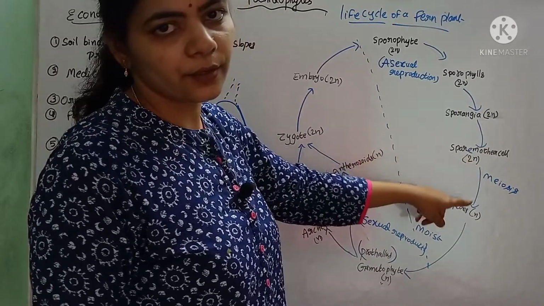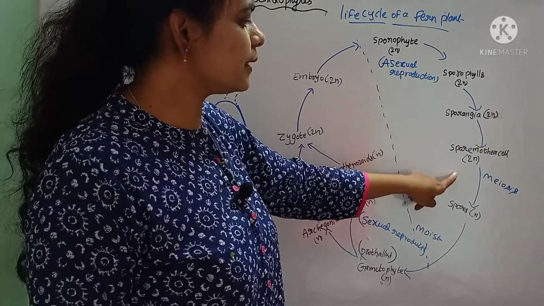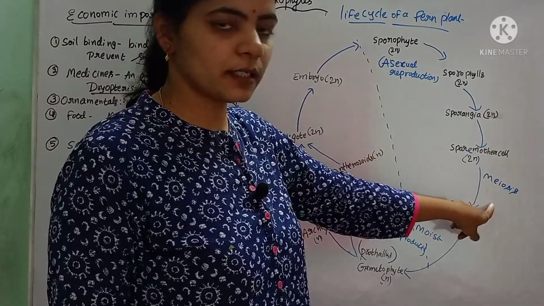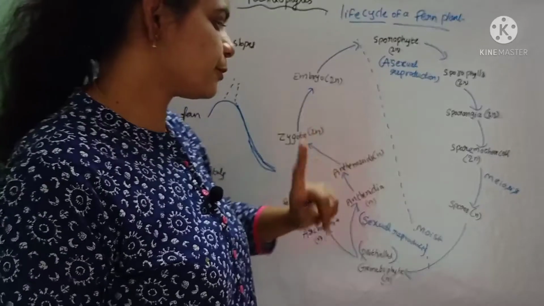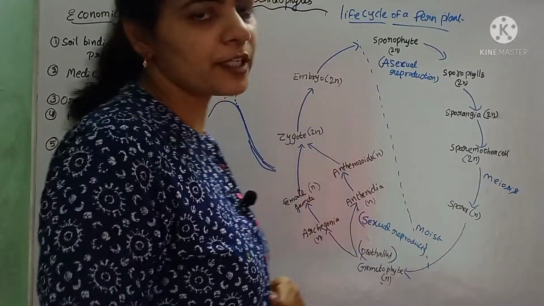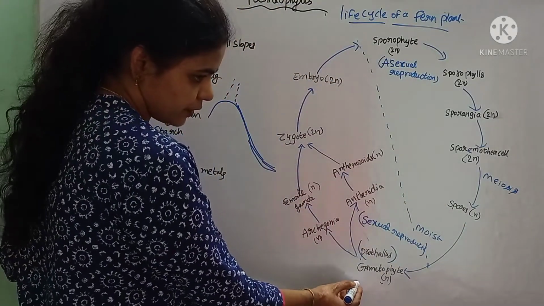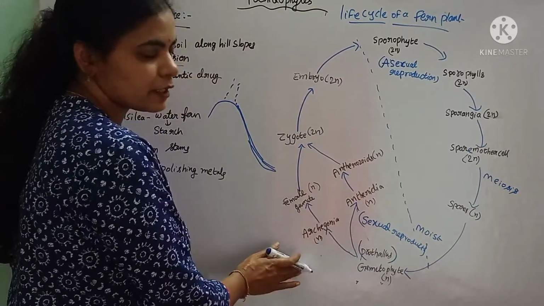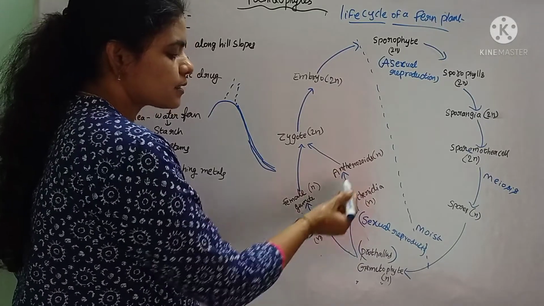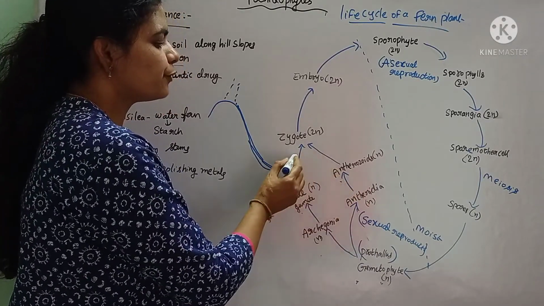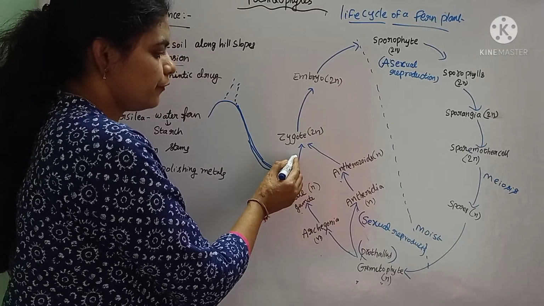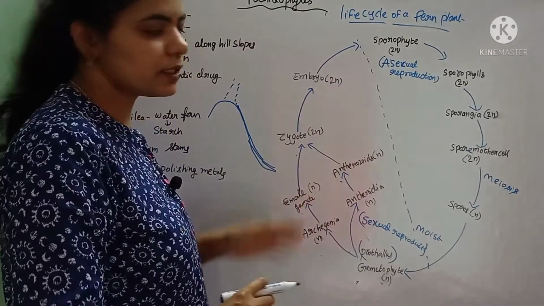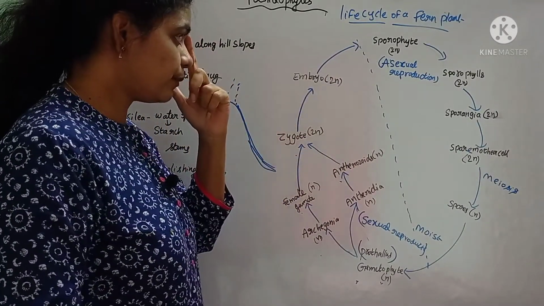That sporangia contains spore mother cells. That spore mother cell undergoes meiosis. Up to the spore mother cell, it is diploid condition only. But whenever meiosis occurs inside the spore mother cell, haploid spores are produced. Because of these haploid spores only, this haploid gametophyte is produced, hence it is haploid condition. From this haploid gametophyte, haploid gametes are produced, and these haploid gametes are fused, and because of syngamy or fusion, the zygote will be produced. That is n plus n equals 2n condition occurs, and that zygote develops into an embryo like this.